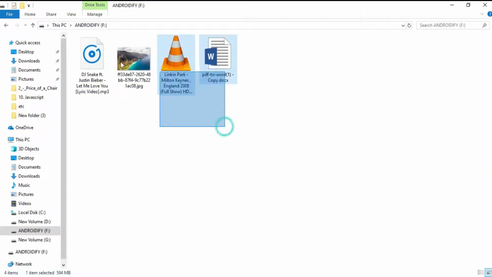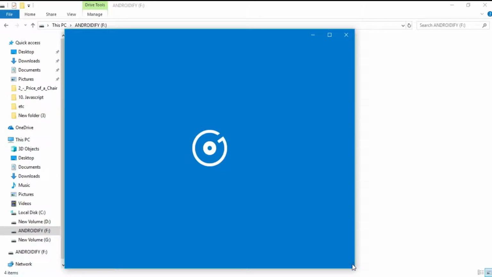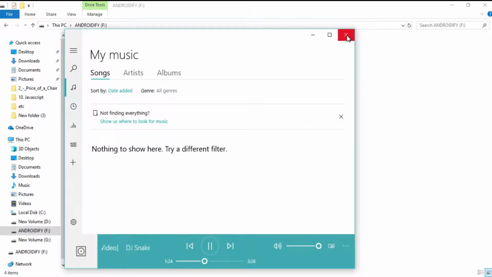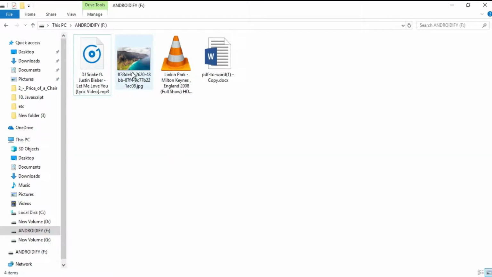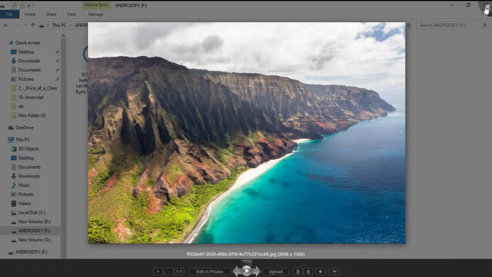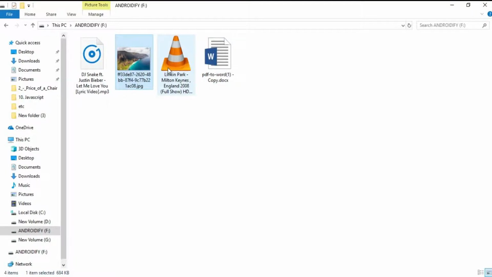As you can see, I have 4 different types of files in my pen drive: MP3, image, video,